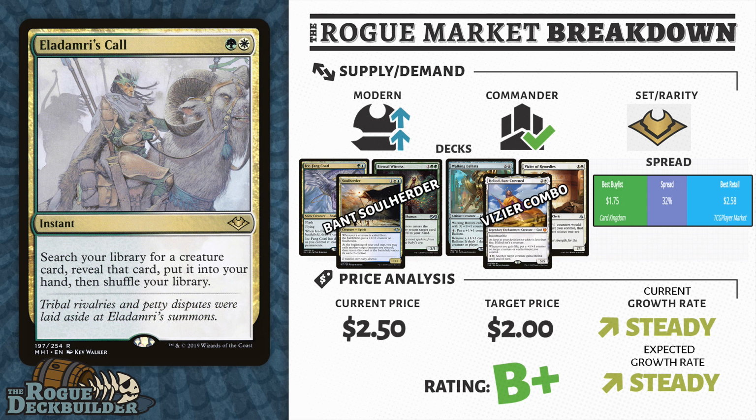And I think that this card in particular has proven itself as a staple for years to come. It gets better and better with more cards in the mix, so the more creatures there are, the better this card gets as an option to go tutor it up. So I like this card at the price point. The spread is pretty reasonable, with the best buy list being $1.75 and the TCG market price being $2.50. So I try to target these in the middle there at $2, and I think this one's going to increase